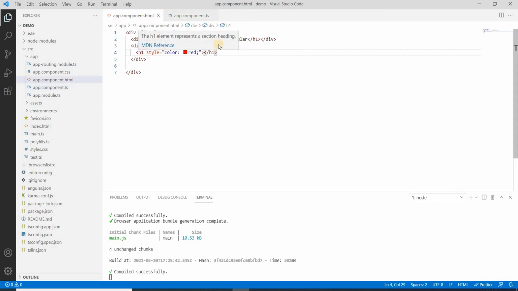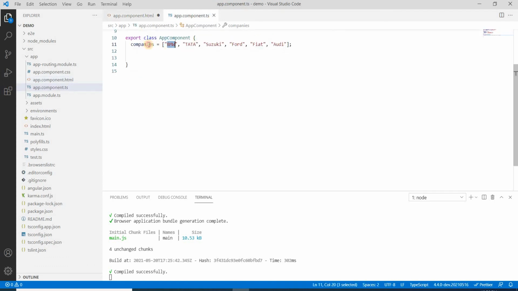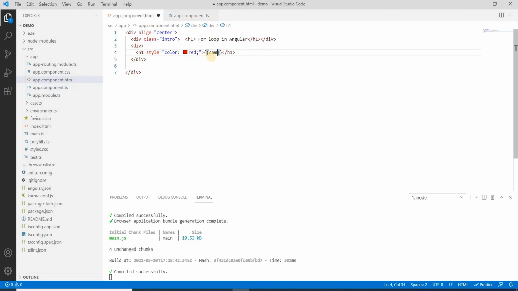Suppose I have one h1 tag, and to list all the vehicles on the browser, I can use it like this. Let me copy it just to speed up. companies of zero index, right?